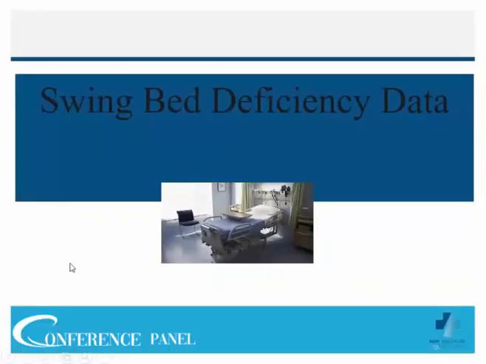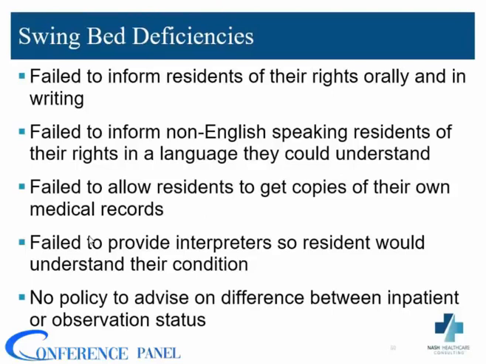So let's talk about swing bed deficiencies. These are deficiencies that come up when surveyors are doing surveys of critical access hospitals and smaller hospitals and their swing beds. These are the things that they're looking at specifically that they're not finding, or if they find them, they're done improperly. So we're just going to go over some of that information here. Some of them have failed to inform residents of their rights orally and in writing, failed to inform non-English speaking residents of their rights in a language they can understand, failed to allow residents to get copies of their medical records, failed to provide interpreters so residents would understand, and no policy to advise on the difference between inpatient and